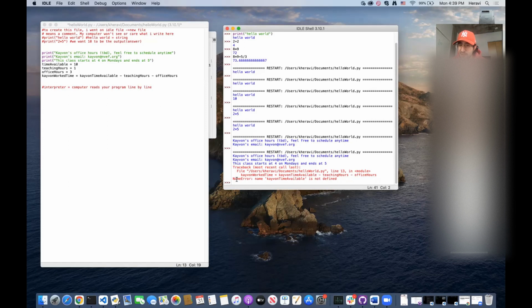Kayvon time available isn't a variable, right? It isn't defined, and that's called a name error, as you can see right there. And the reason for that is Kayvon time available doesn't exist anymore. This one, maybe I did trick a little bit. I changed my variable name, but I did not change this variable name. So if I go and fix that, so good job, Cadence. So if I make this just time available and I run it,